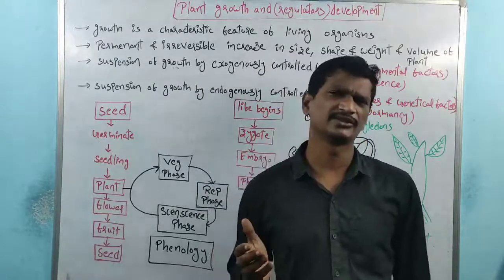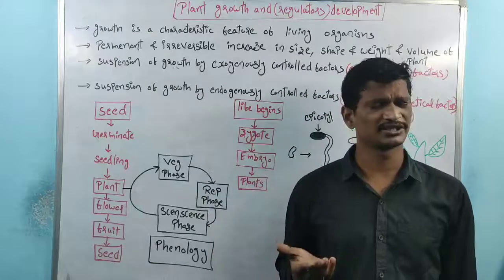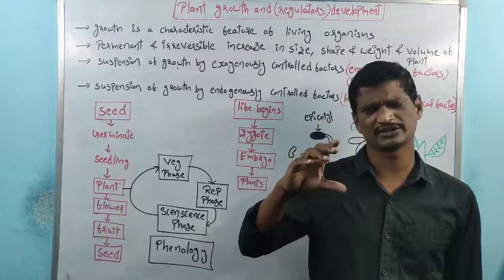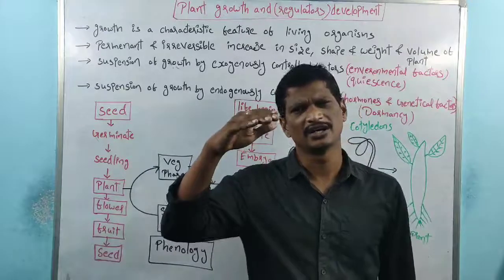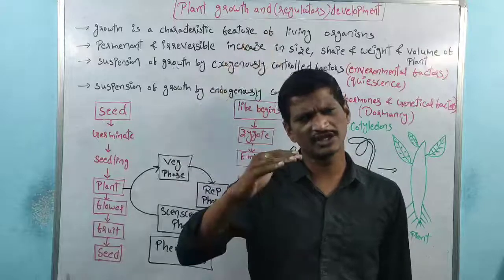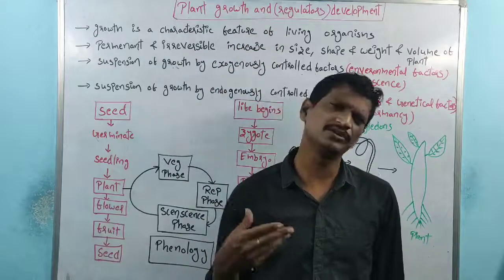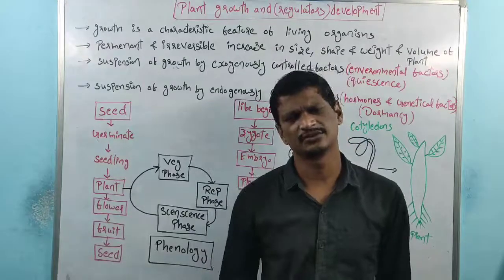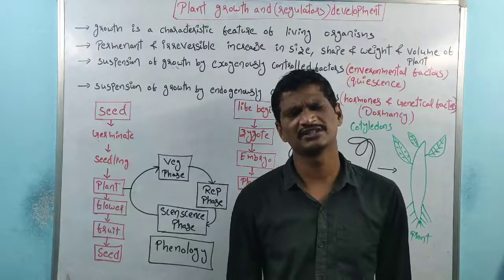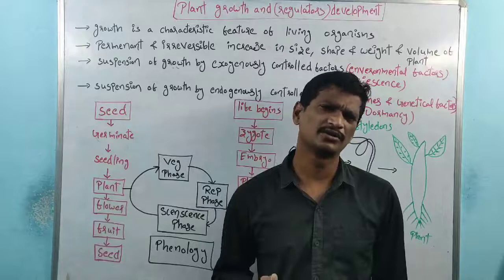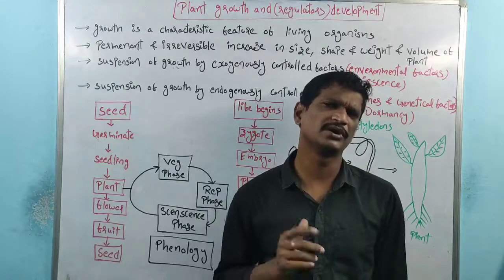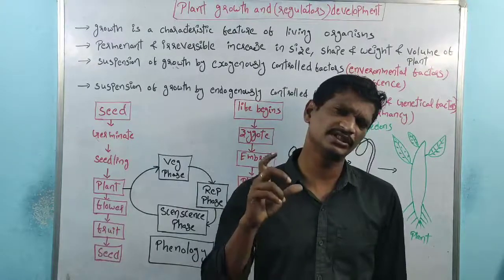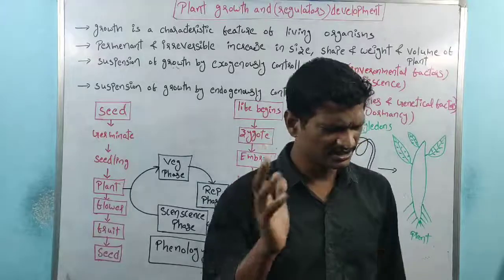Within plants, we basically observe growth in two directions. One is the shoot apical bud and the other is the root apical bud, right? Both are continuously growing. And one more type of growth is also there: secondary growth. Root growth and shoot growth are seen in all plants, but secondary growth is seen in some plants only. So these are the examples.